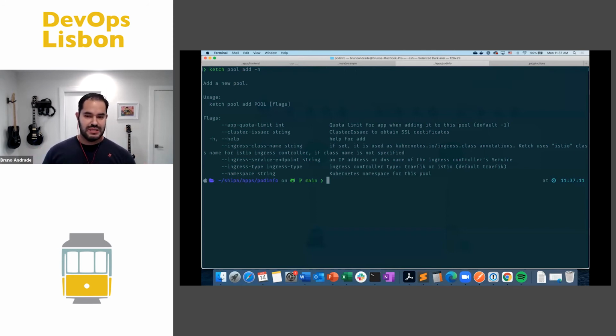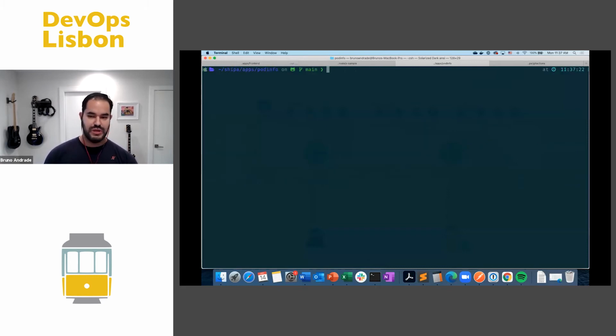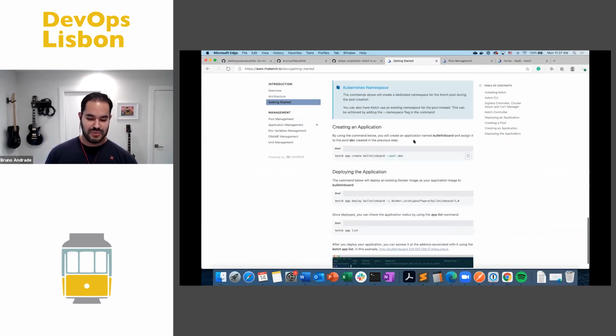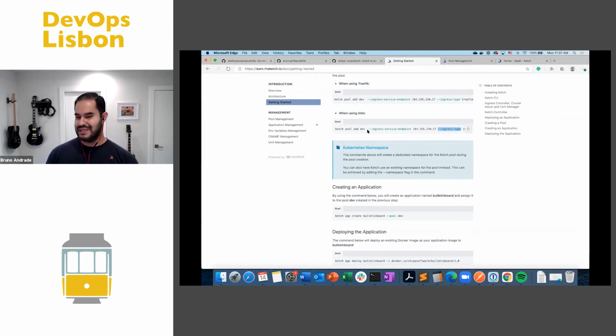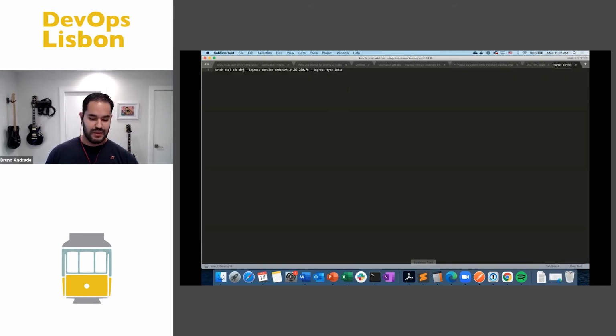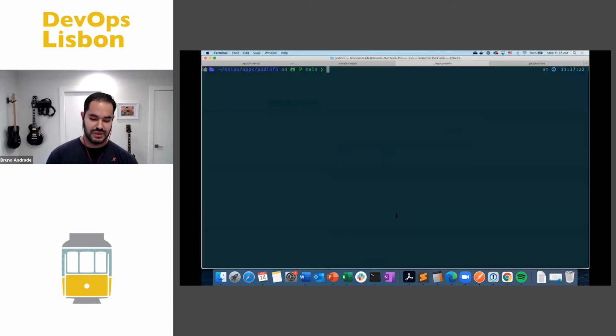But the key thing comes to me as a developer. If I'm a developer, I can quickly get up and running without actually knowing Kubernetes. And how I do that is I can follow an example and say, I'm going to create a pool, basically a namespace, where I'm going to point to a specific endpoint. So do ketch pool add, and I'll call a pool called development or dev.